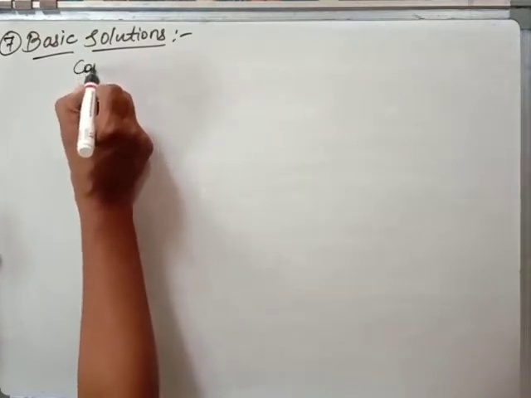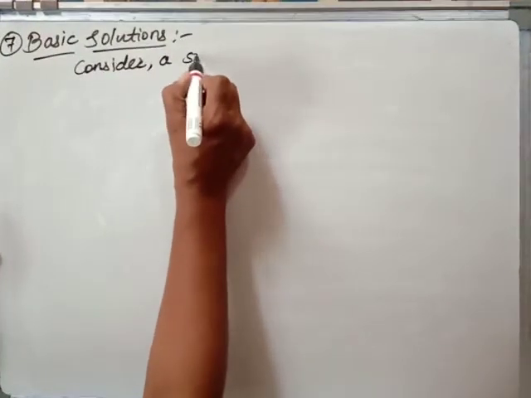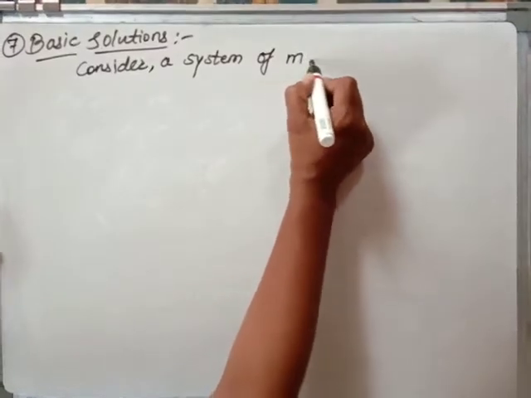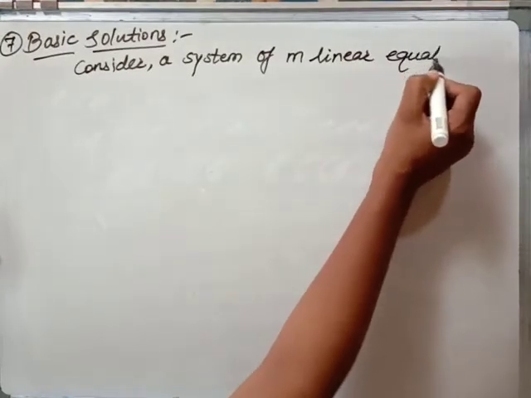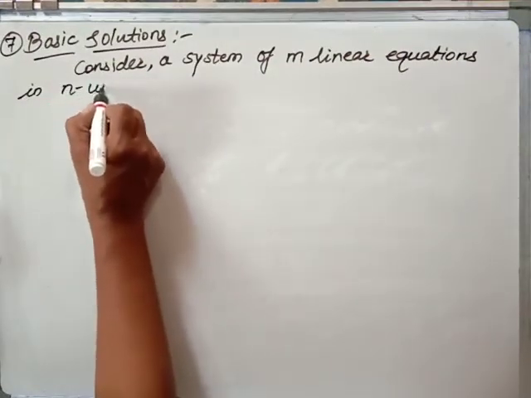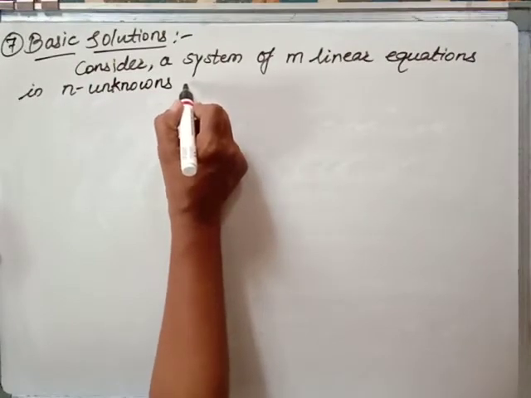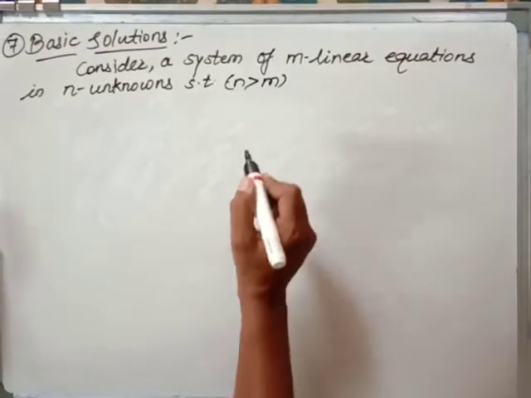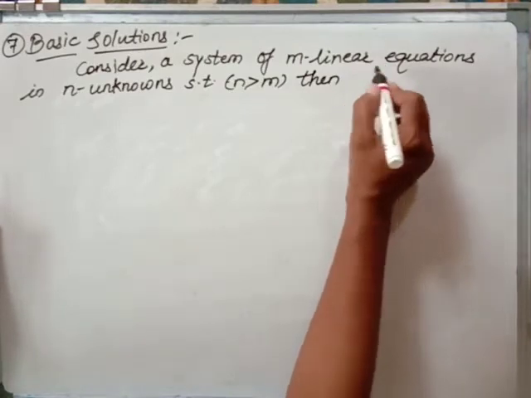So here let me consider, as a general form, a system of m linear equations in n unknowns such that n is greater than m. Then the solution can be obtained